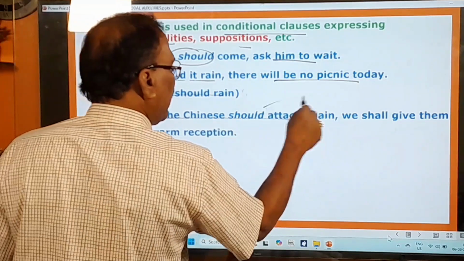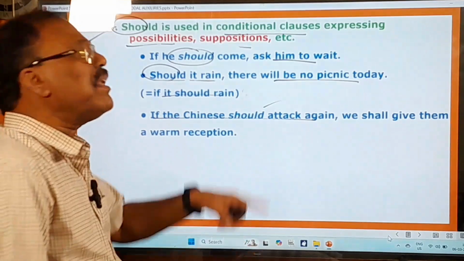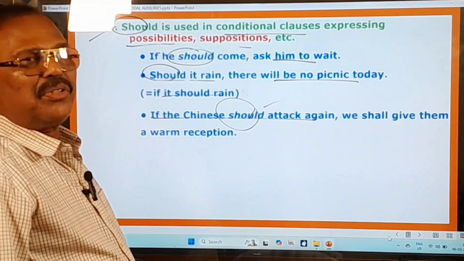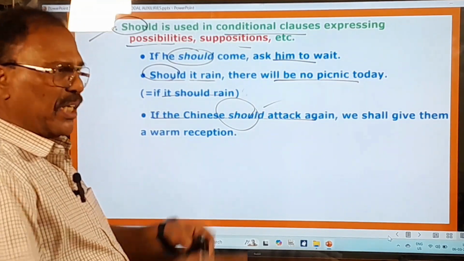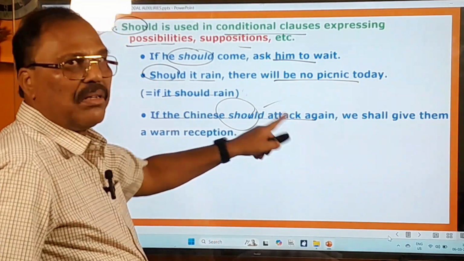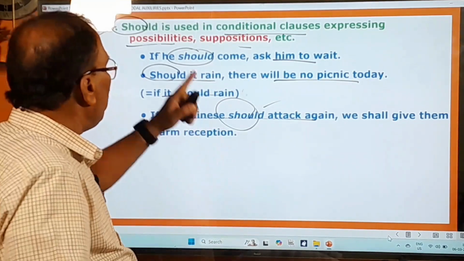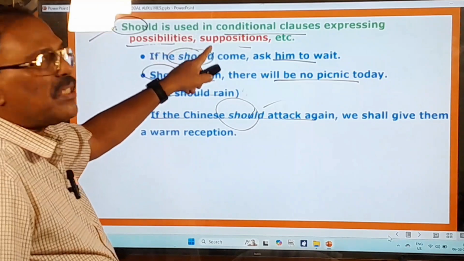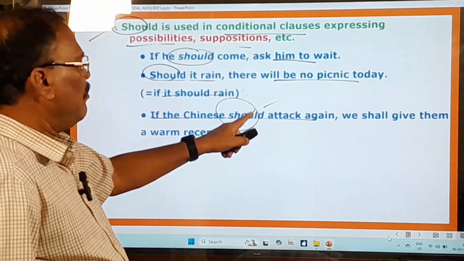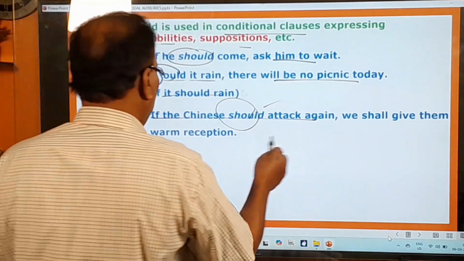If the Chinese should attack again, చైనా వాళ్ళు మళ్ళీ అటాక్ చేసినట్టయితే, చెయ్యరు, ఒకవేళ చేసినట్టయితే, whenever this should is there, it conveys that kind of meaning. అలా షుడ్ వాడితే అలాంటి మీనింగే వస్తుంది, గమనించండి. మీకు టెక్స్ట్ బుక్లలో అక్కడక్కడ కనిపిస్తుంటుంది. Then you have to take the meaning like that. If the Chinese should attack again, చైనీస్ వాళ్ళు మళ్ళీ అటాక్ చేసినట్టయితే, చెయ్యరు, చేసినట్టయితే, that is improbable, that's not possible, that's only supposition, an imaginary thing, presumption, assumption. ఇవన్నీ అజంప్షన్స్. వాళ్ళు అటాక్ చెయ్యరు, ఒకవేళ చేస్తే, we shall give them a warm reception.